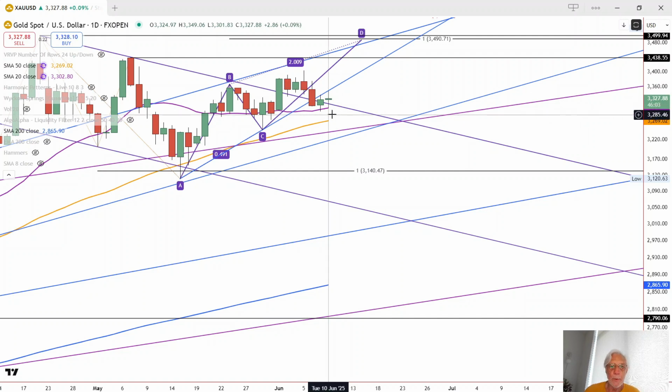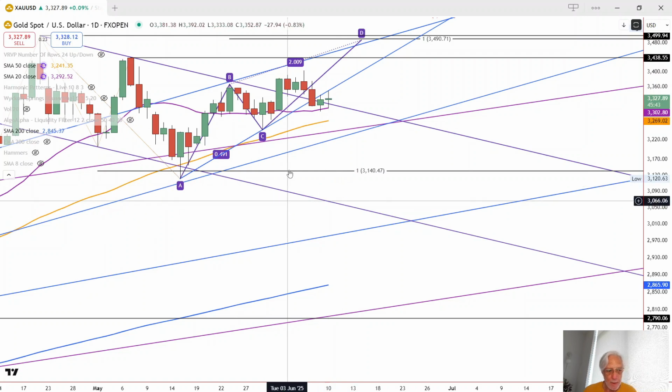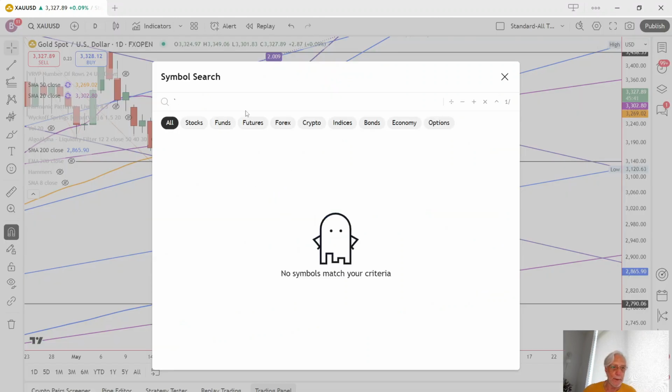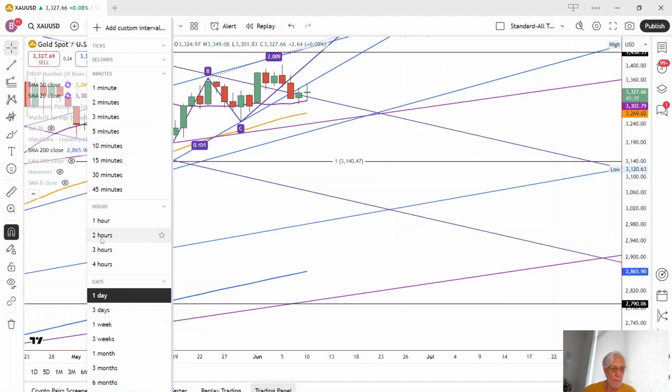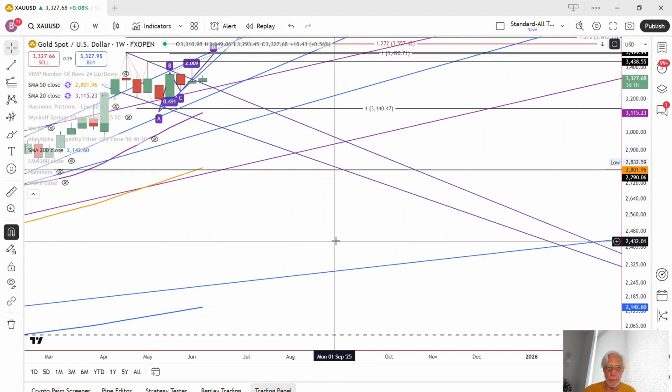It will be a drop through the 20 moving average, but really we don't know what might happen next until we drop below yesterday's low at 3,293, because we did see support off that low. And so that's a more significant level. If that level is busted to the downside, then the 50 moving average down here at 3,269 zone becomes a target. And then we also have to take into consideration the weekly chart, which I'll go to very quickly